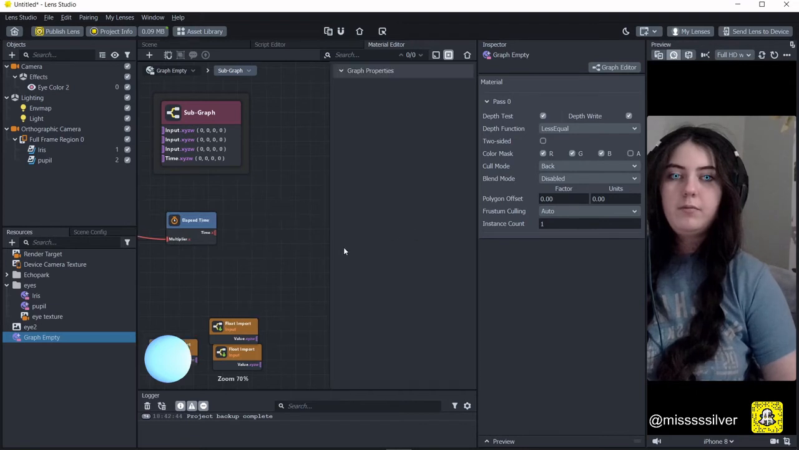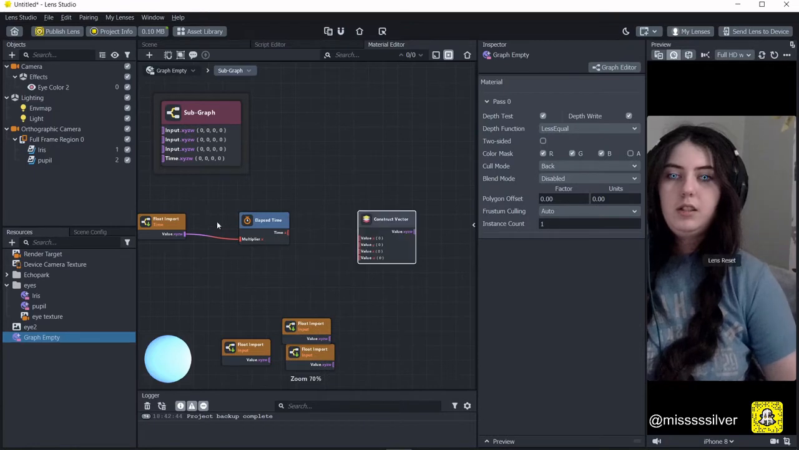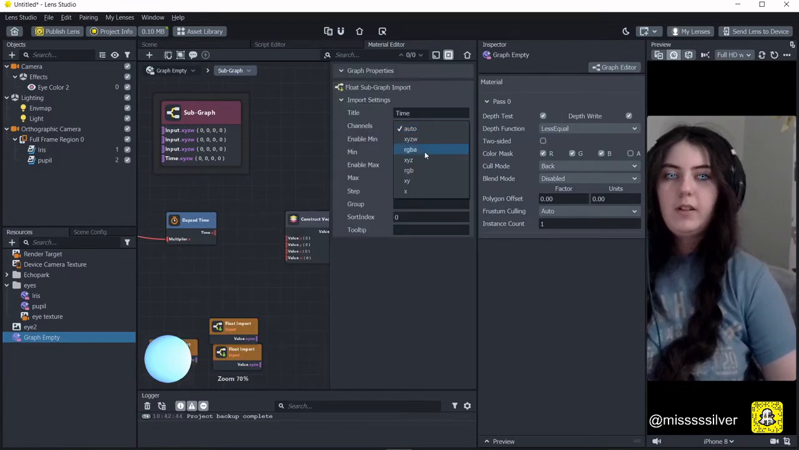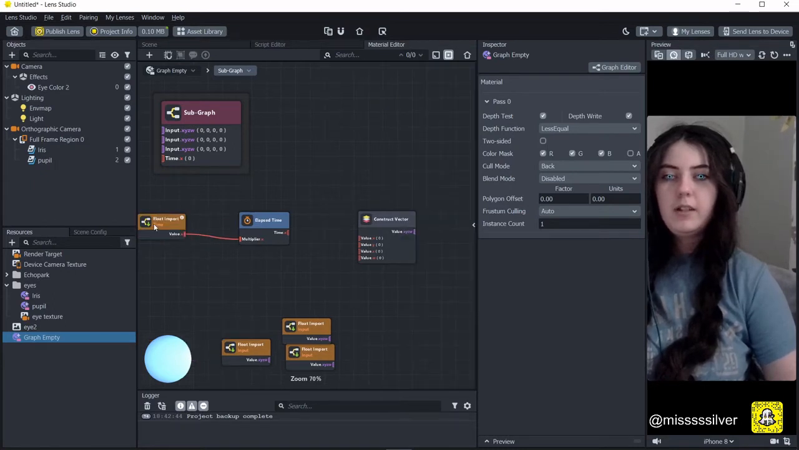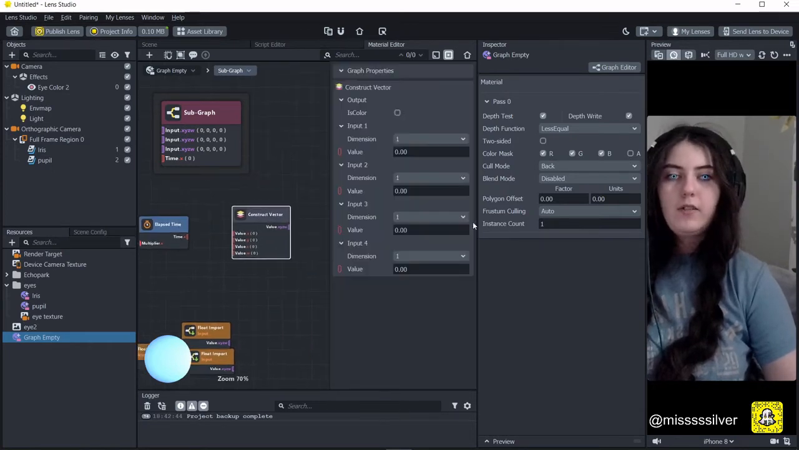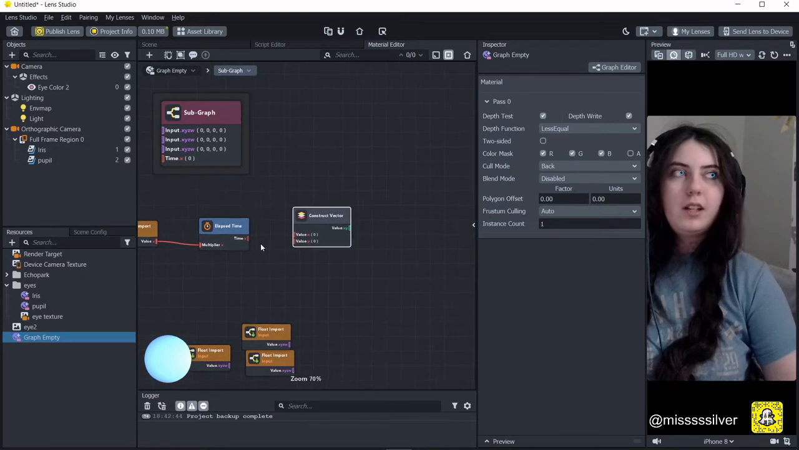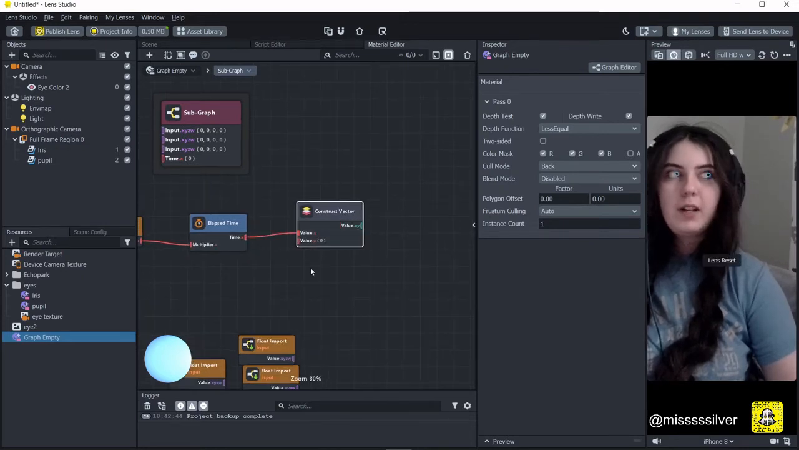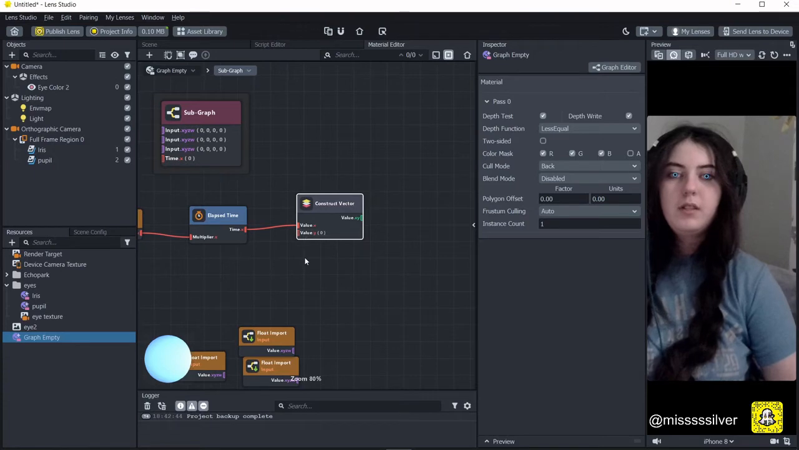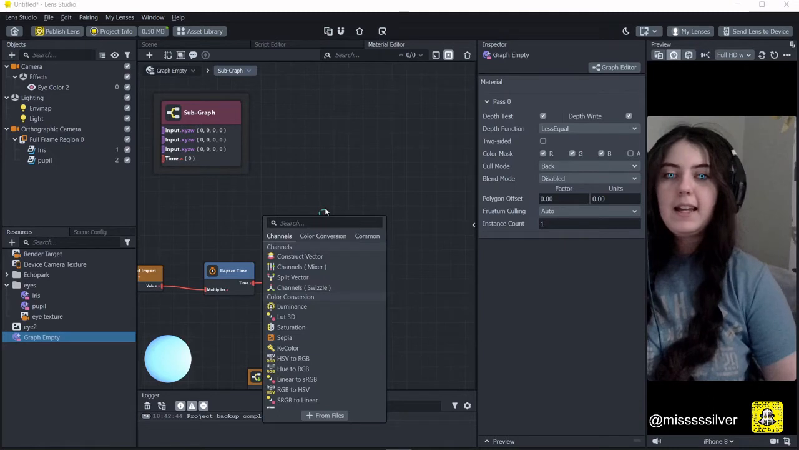Time will go into a construct vector. I'm not sure if you have to do this, but it keeps it a lot cleaner. So change that to X. All of these should be X except for one. Construct vector will be only two, it'll be an XY vector, so just do that, and then Y should stay 0. Bring that into an add node,